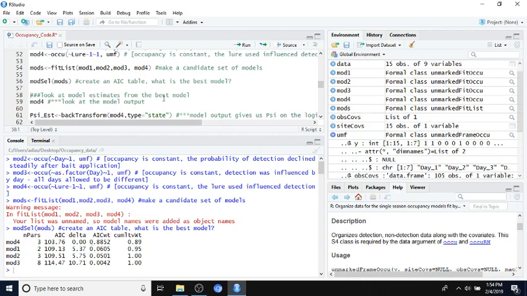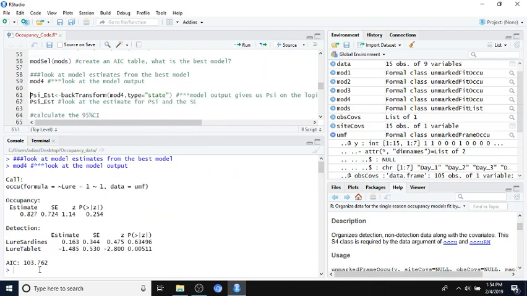So let's look at the estimates for model 4. What is that actual model saying? So this is the lure model. So this is the logit scale for occupancy. But if you look down here, it gives us separate estimates for sardines and for tablets. So sardines have an estimate of 0.16, and remember that's on the logit scale, and tablets have an estimate of